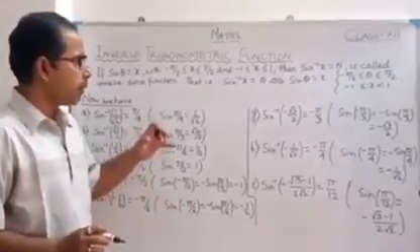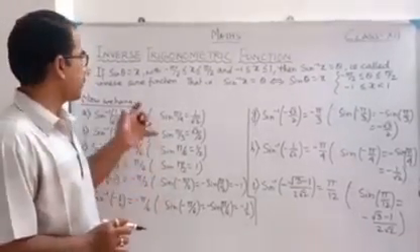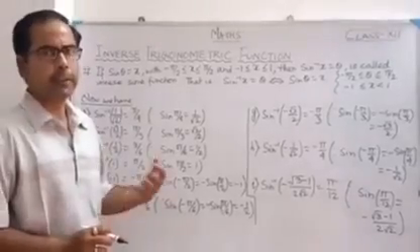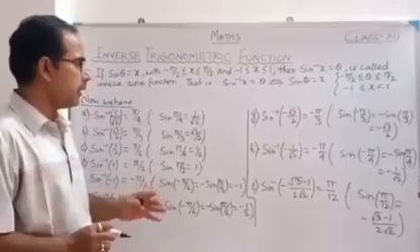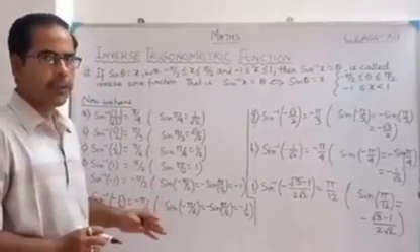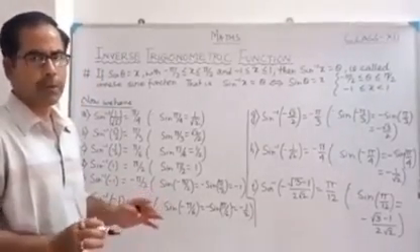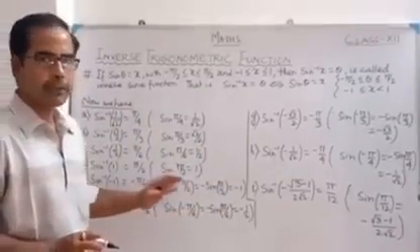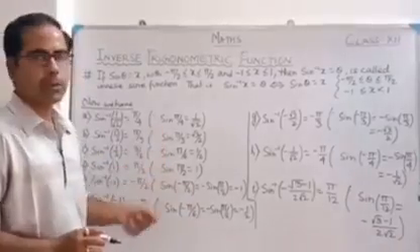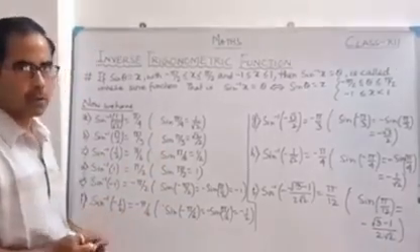So, students, one by one I will discuss. First of all, I have discussed about the sine, then after the cos, then tan. And one thing, make it clear that here in this chapter basically we have to memorize lots of formulas. So regarding the sine, whatever the formulas are there, I have just shown. Now let us switch on to the cos.